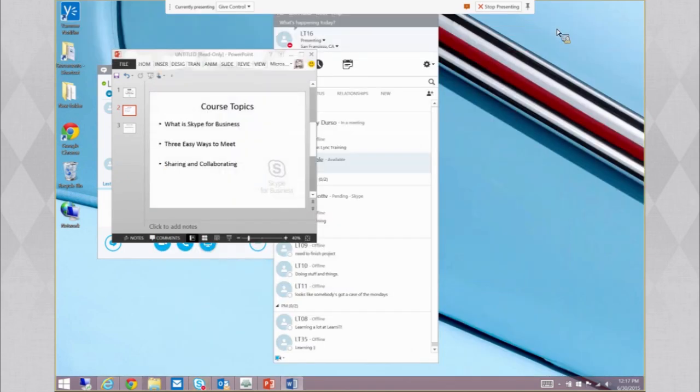The really nice thing, I actually use this all the time, call IT and say, hey, something's not working. And they'll say, open up a Skype for Business chat. And that way I can give controls. And my IT department can take control of my screen. And they can adjust the settings. They can re-download a file. All those things that I maybe don't have permissions or I don't know how to do,